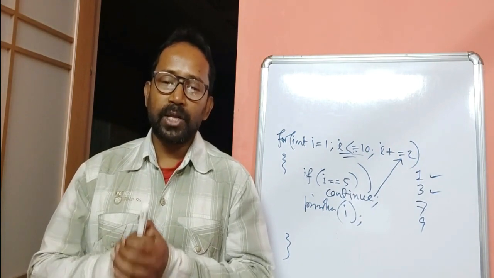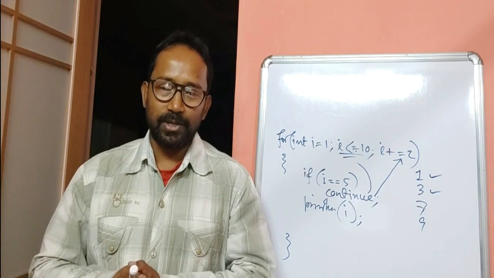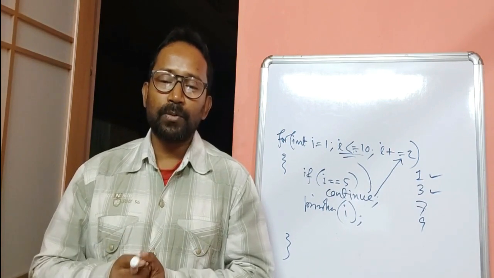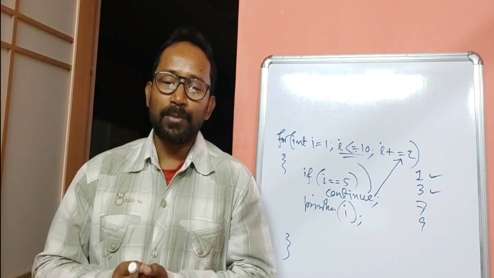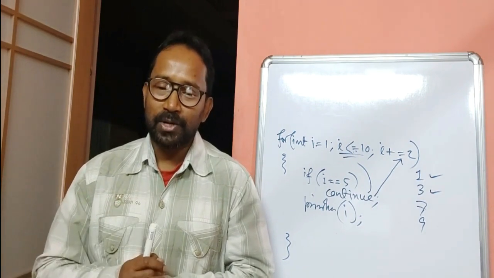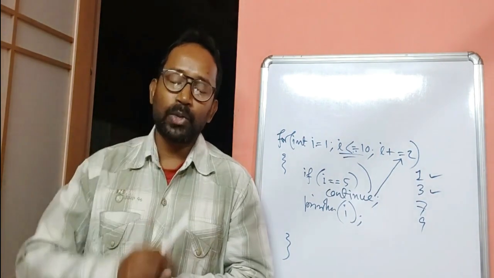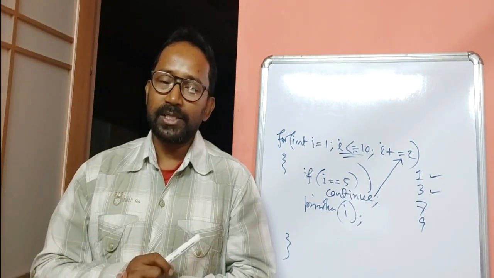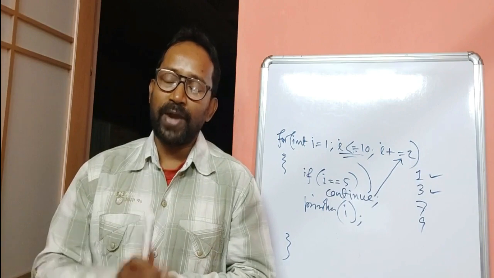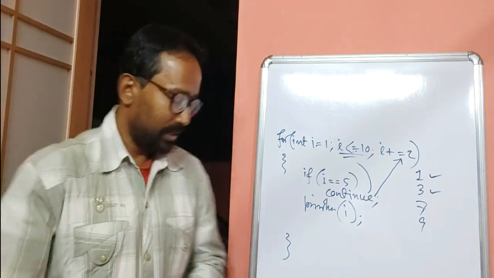Now we will discuss about the last jump statement, which is return statement. This is used to return the control from the containing function to the caller. So return statement inside a method can be used to terminate the execution of the method and makes the method return immediately to the caller. Caller means the function from where this method is called. Generally, return statement is used to return a value from a method to its caller.